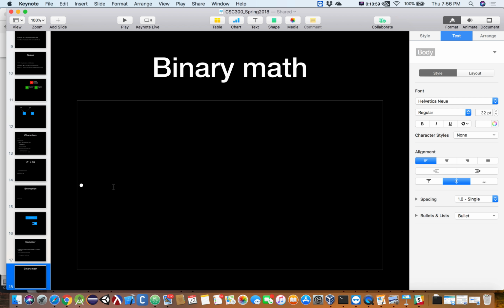So let's say I have the number 1011. Let's just do it with nibbles. Have I used that word before, nibble, in here? So 4 bits is a nibble. Okay. So we're going to say 1011, and we're going to add 1001 to that. So we want to add these two values together using binary math. All right. So as a starting point here,